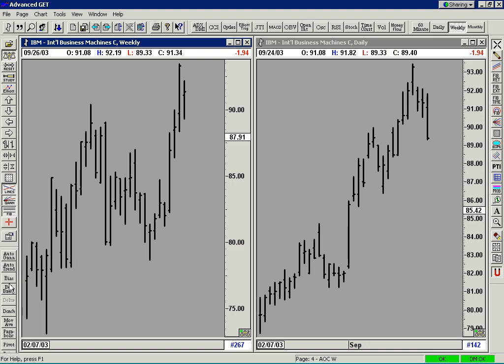You'll notice on my chart here that the toolbar on the left-hand side at the bottom seems to extend off of the bottom of my chart. So I can't see all of the toolbars that are available in there. That's because I've changed my resolution on my monitor for this presentation, and not all the toolbar buttons are able to be seen. Some of you may have that problem as well, and there's a couple of things that you can do about that. All of the toolbars in Advanced Get are fully customizable. We can not only change the amount of buttons that are on each toolbar, we can just move the toolbars